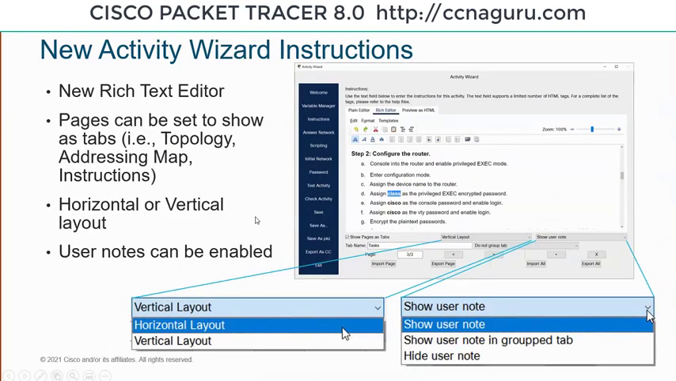Furthermore, there are some enhancements, of course, in the back end of the activity wizard, because these instructions are written there in the activity wizard by the activity author. First of all, our activity authors definitely will like the new rich text editor. To write the instructions, you now have this new rich editor tab over here, and using this tab, you can